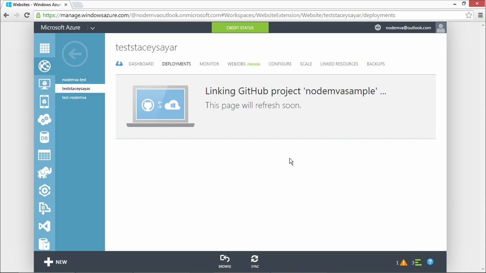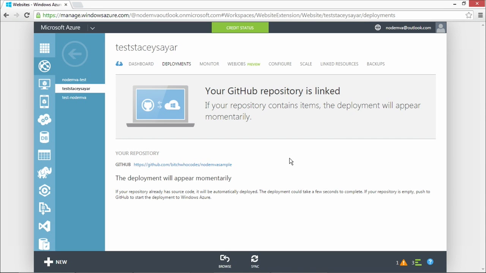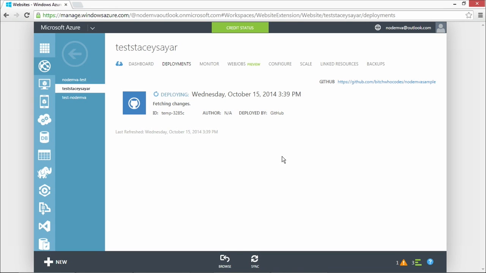And it says, okay, we've linked this for you now. And if there are items, it'll show momentarily. Now, maybe you just created a remote repository, you haven't put anything in there, and you're just trying to do all of your kind of setting up your environment. And so it will go ahead and do that. But what it does is you'll start to see now that we have a new item up here